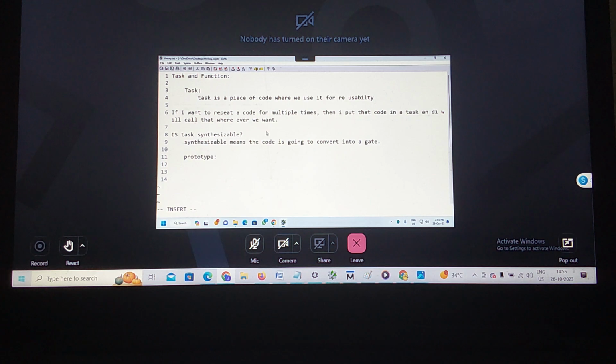For example, let's take like this. Example, sum is equal to a XOR b. So now after synthesizing, the code will look like this. So here, whatever code I wrote, it got converted into a gate. At the end of the day, it got converted into a gate. So the thing is like,